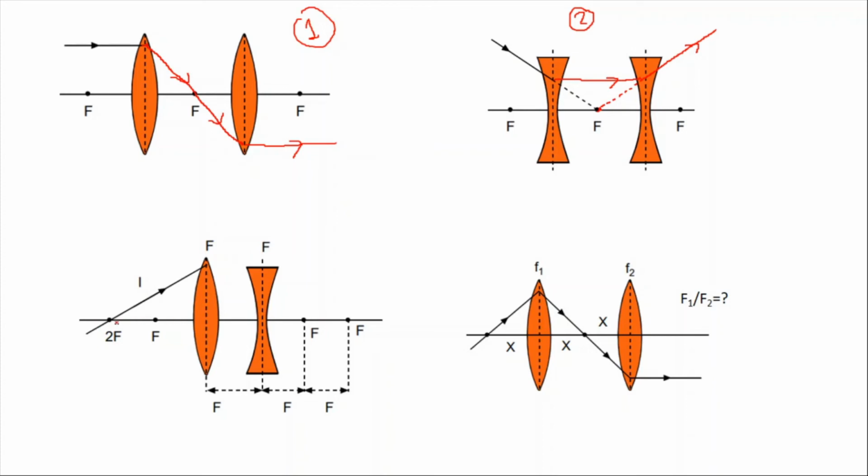Why? Because 2f is the center. Then it will move to the 2f. Here is 1f and this is the second f. It is going to refract and it will move toward that point. But